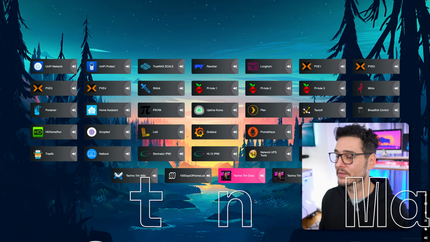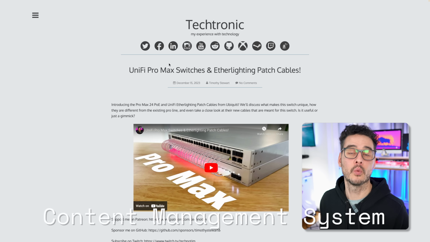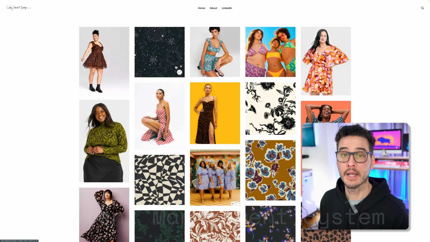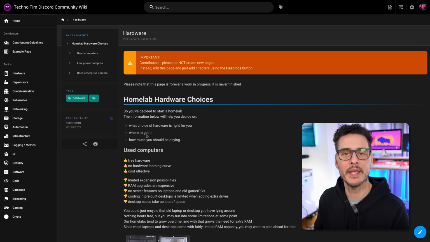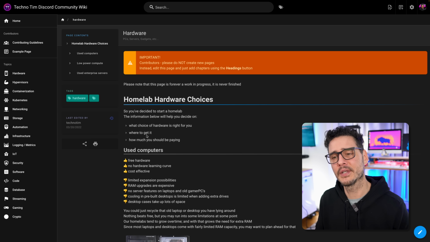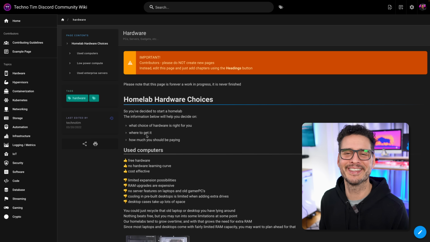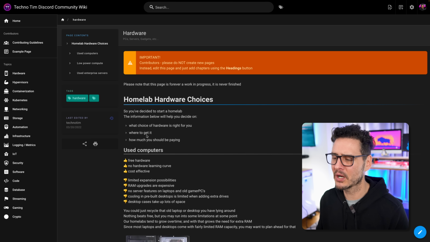Content management systems. I still use 3 content management systems. I use WordPress for one of my old blogs. I use Ghost for my wife's portfolio, and I use Wiki.js for a community-based wiki for my Discord community. Now, I'd love to get down to one CMS, but they all do stuff slightly different, and they all have different use cases, so I guess I'm stuck with 3 again this year. I think I could move my WordPress blog to Ghost, but that's a lot of work for very little value. But yes, still 3 content management systems, all do things a little bit different, and they approach content management a little bit different, but all find solutions.